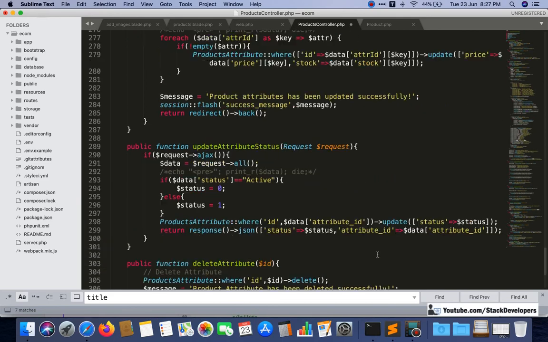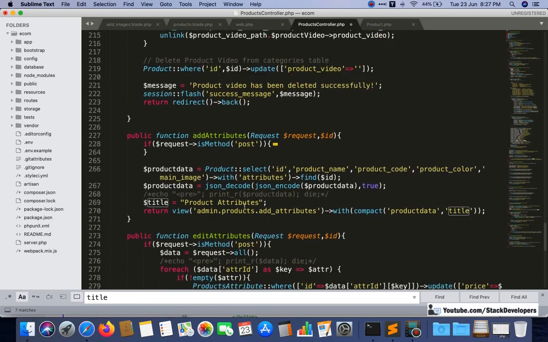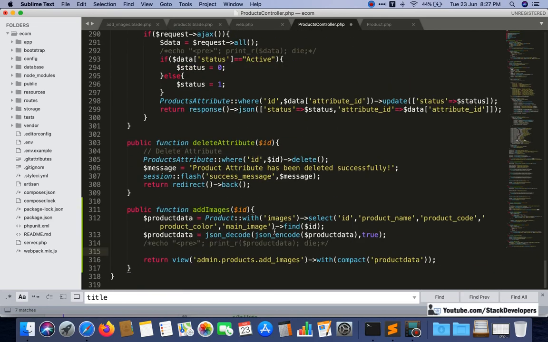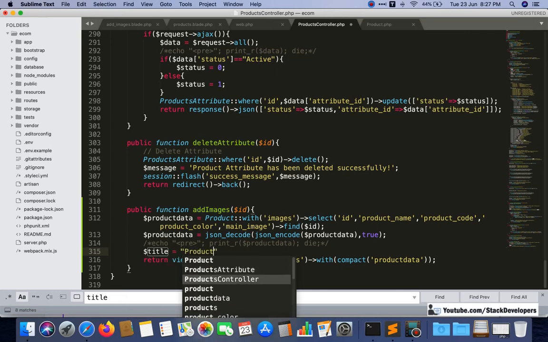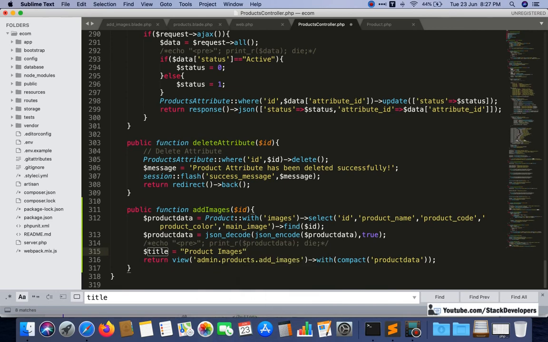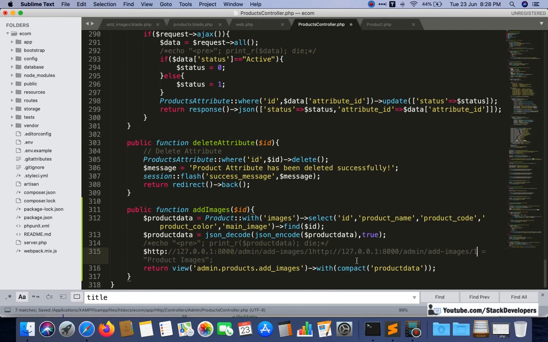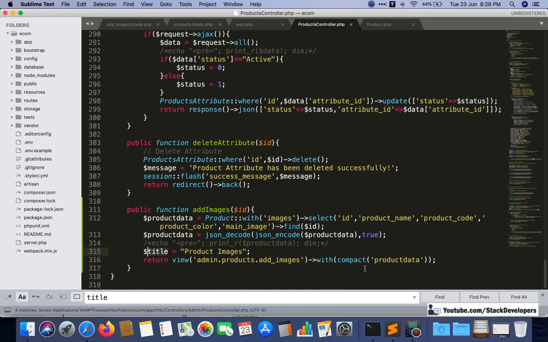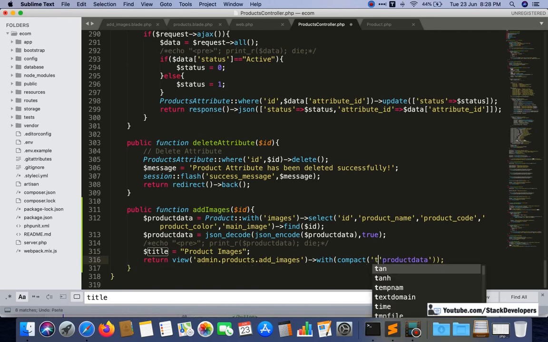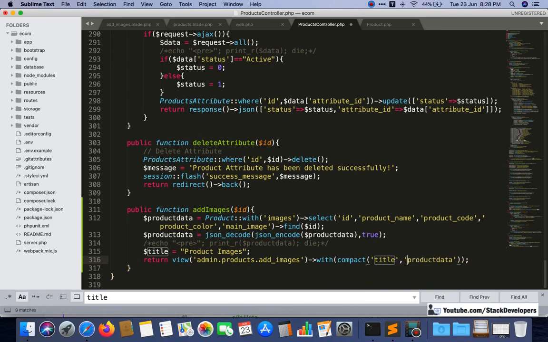For a title, we will check once what we have done with add attributes. Okay, so we will give the title here, title, but images like this. Okay, so this one we can send. Title like this. Okay,